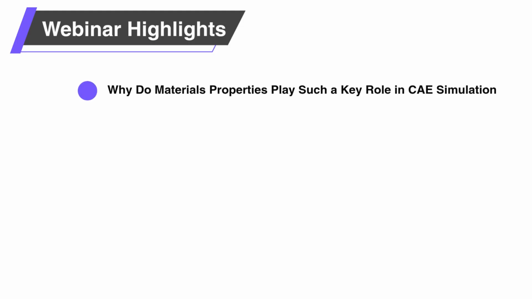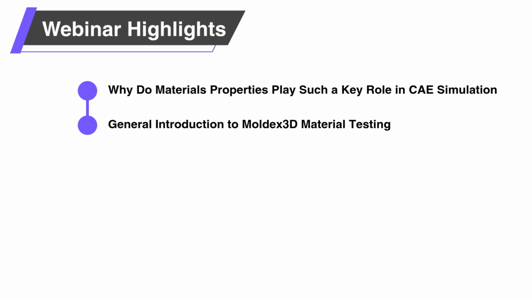So the outline of the talk is such. How do we determine what material properties to test for, and at what stage, what kind of properties will play a role in each CAE simulation stage? So that will be the first part of the talk, and then I will give you some general introduction to